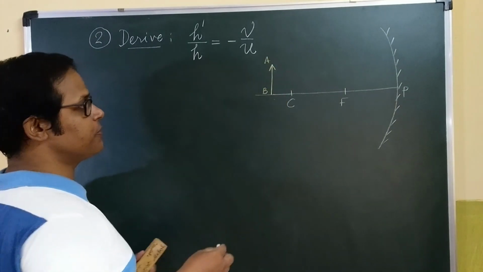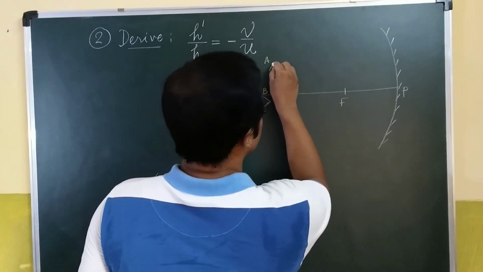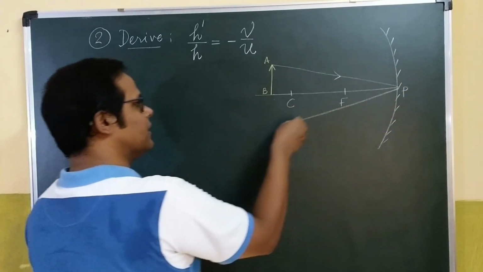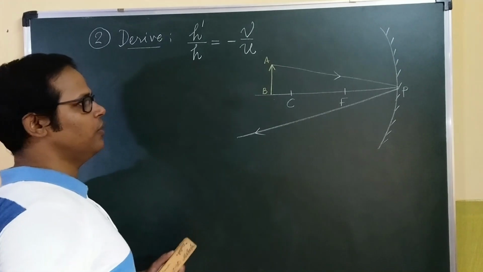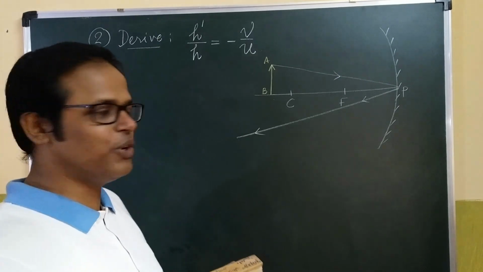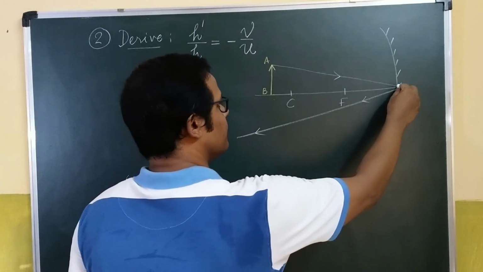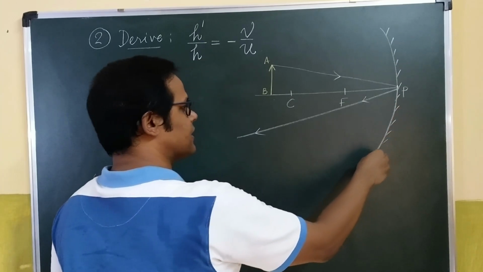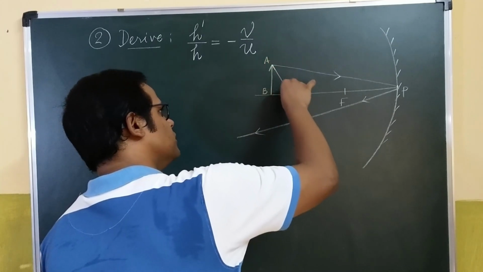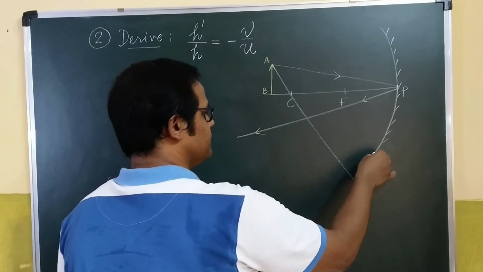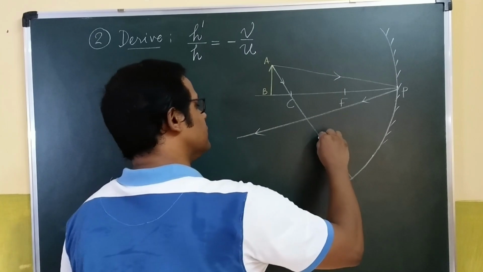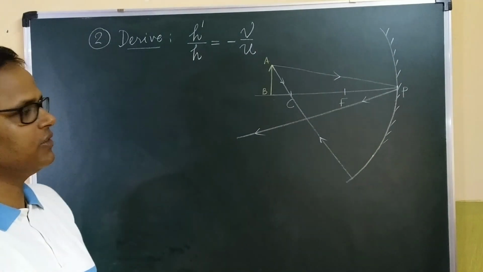Okay. I'm going to use this principal ray, something like this. A ray of light incident at the pole of the mirror bounces back making equal angles. This is one which we are going to use to construct this ray diagram. Everyone, I'm sure that you know where the image is going to form. So not a big issue at all. So I just extend this concave mirror and I use a ray of light passing right through the center of curvature. That's it. You could have drawn it as you wish. I use this ray, a ray of light passing through the center of curvature, bounces back along the same path.